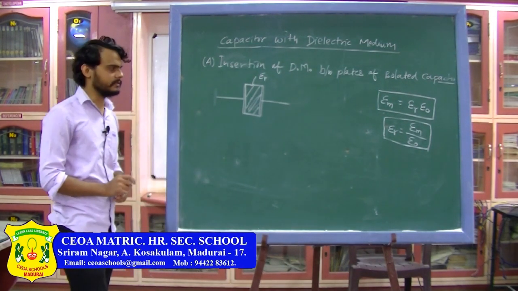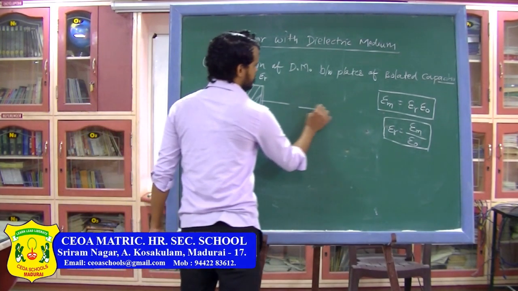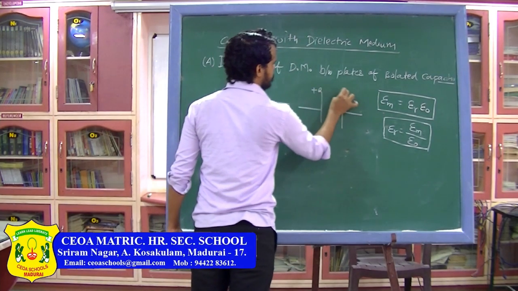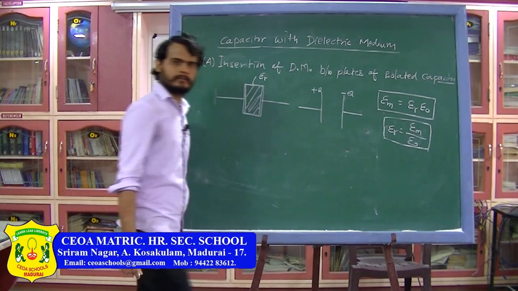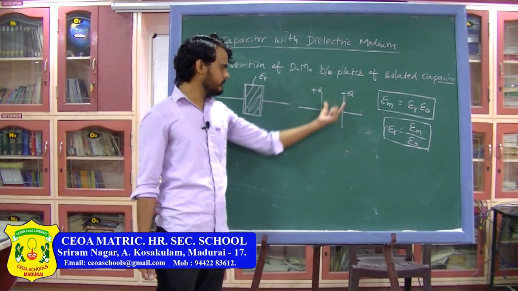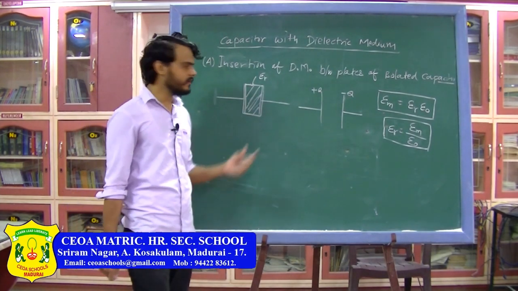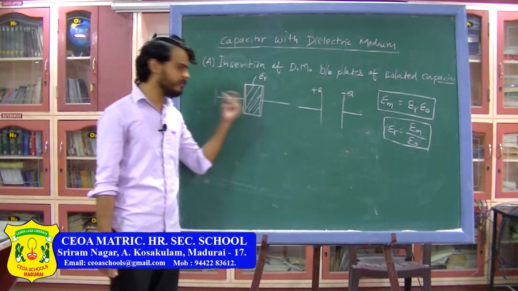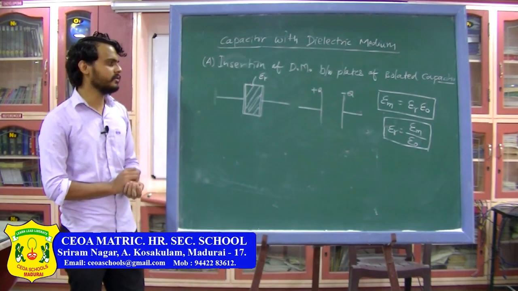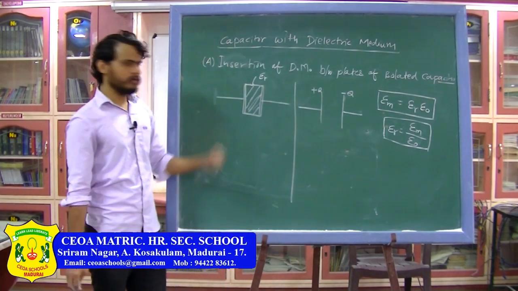plates of the capacitor. Now initially, when the dielectric was not inserted, this is our initial situation. In the initial situation there will be charge plus q on one plate and charge minus q on the other. So when there is no medium, or free space, between the capacitor plates, and after some time we insert or fill the gap between the capacitor plates with a dielectric medium of relative permittivity epsilon r. So let us talk about before the insertion of the dielectric medium.